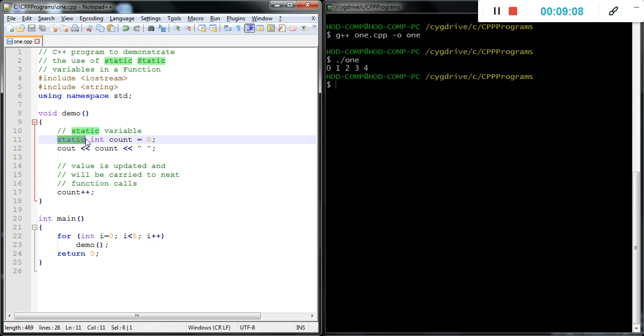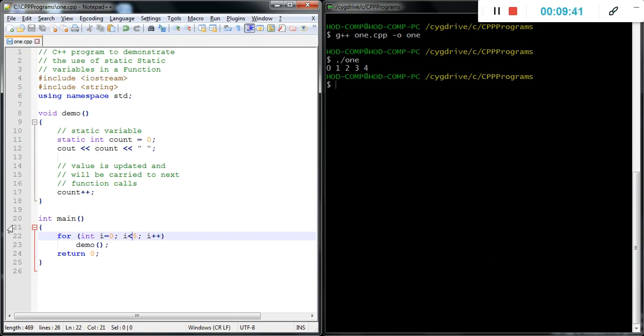Here we write int i = 0, 0 is less than 5, true. It calls the demo function. Cursor goes to line number 8, then it executes the demo function. It checks count is 0, prints count as 0, then count++ increments count to 1. Then it comes back to the for loop, increments i++, i is now 1, and 1 is less than 5, true.